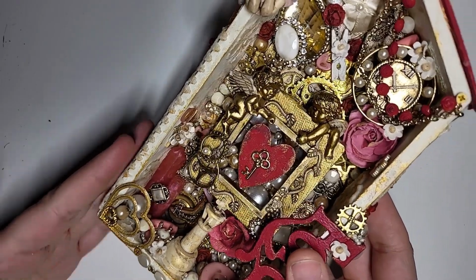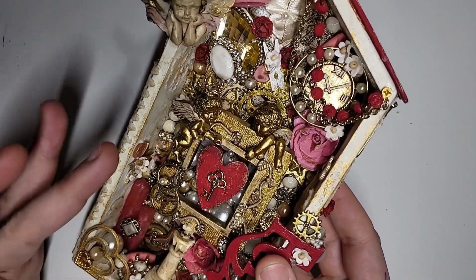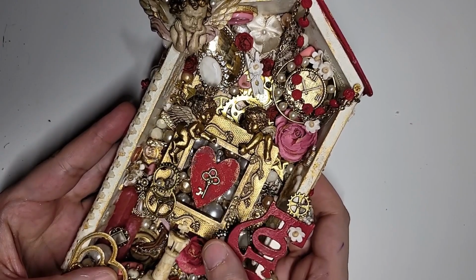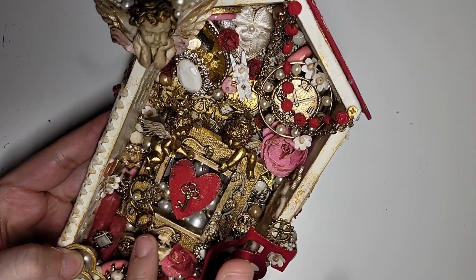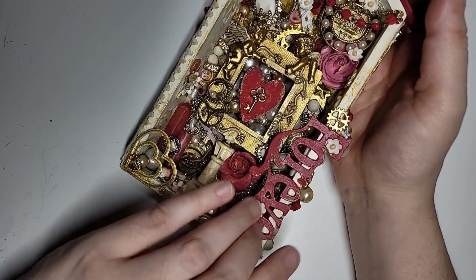And then I went over a lot of it with a light wash of brown. I used the Black Magic Craft recipe, but you could just use watered down acrylic. So I wanted to do that to bring out the details and stuff in the darker recesses. I put some Mod Podge on mostly just